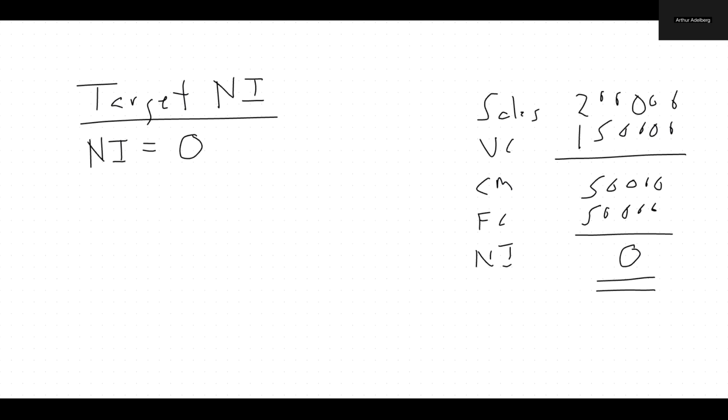And there's always something that's true. First of all, total revenue, 200,000 equals total cost, 150 plus 50. And then there's one more thing that's always true. Total contribution margin always equals total fixed cost when your net income is 0. Now, what you see here is called the break-even point,